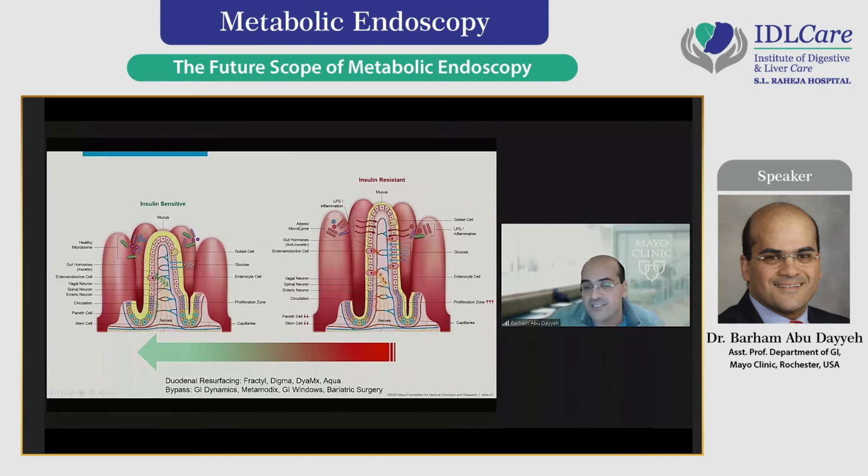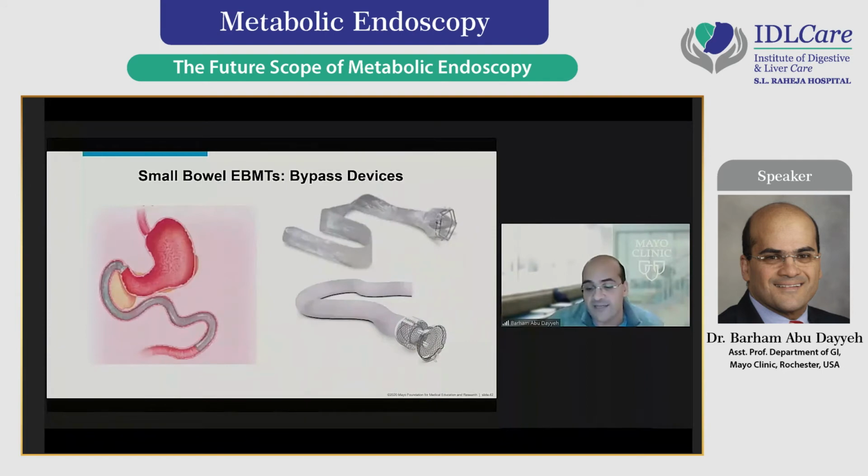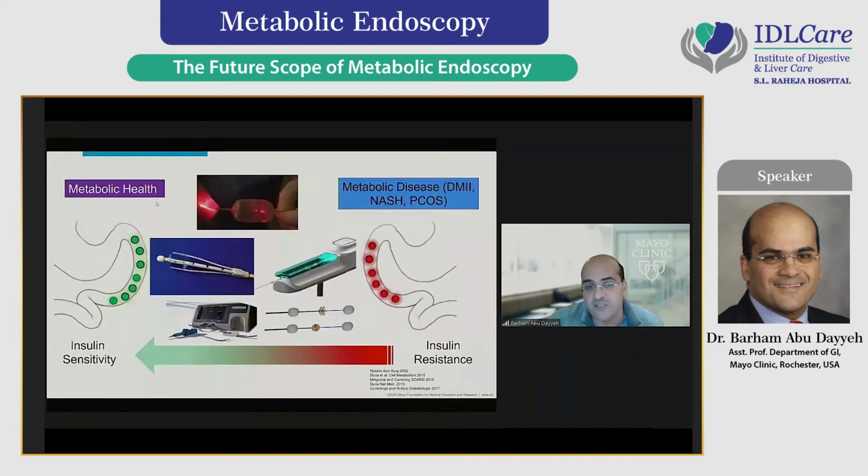So the question is, could we take this insulin-resistant state of duodenum and reset the metabolic clock to make it metabolically healthy and orchestrate a robust metabolic response? This has been the target of these barrier devices, but more recently, this has been the target of ablative techniques that could either use laser, heated water, or now athermal methods through the pulse electrical field in order to ablate the duodenum for metabolic benefit, just like we do with Barrett's esophagus, but now in the duodenum.